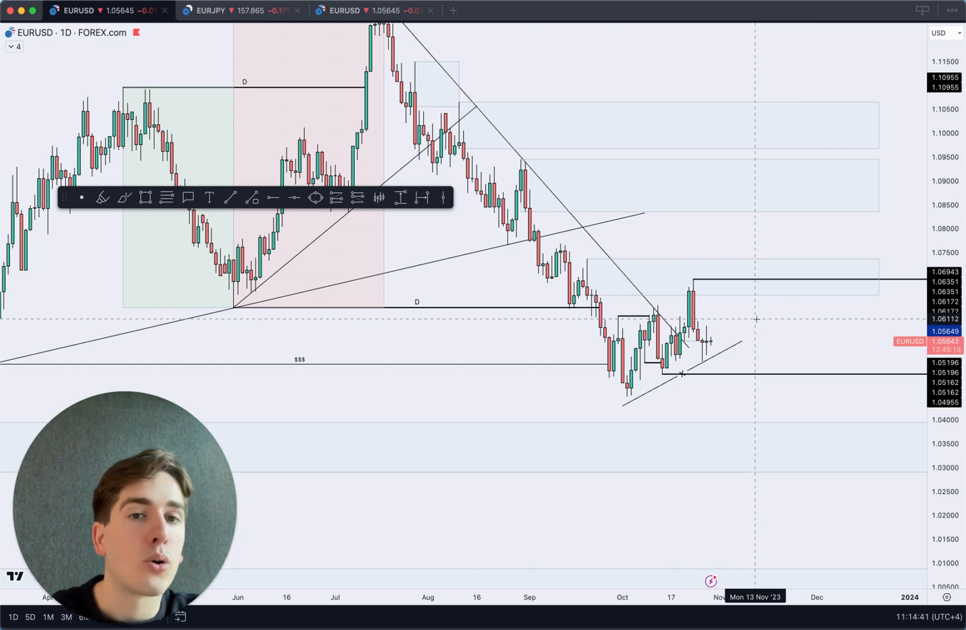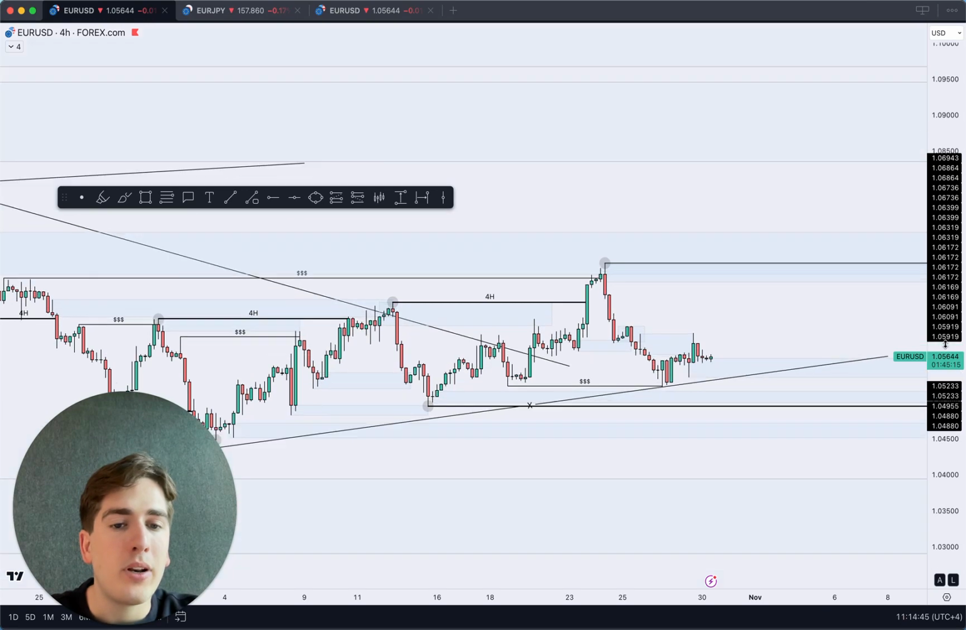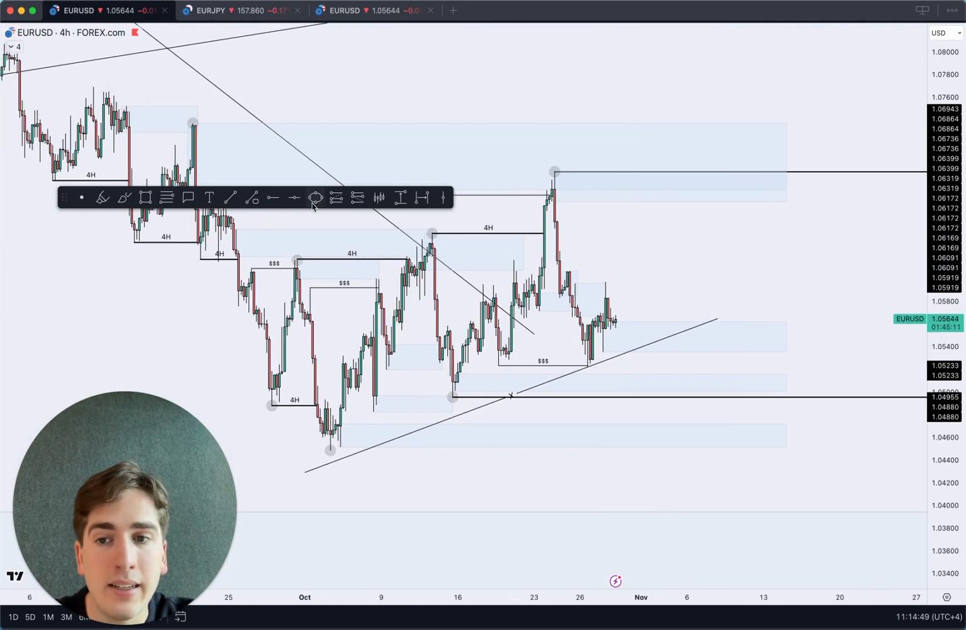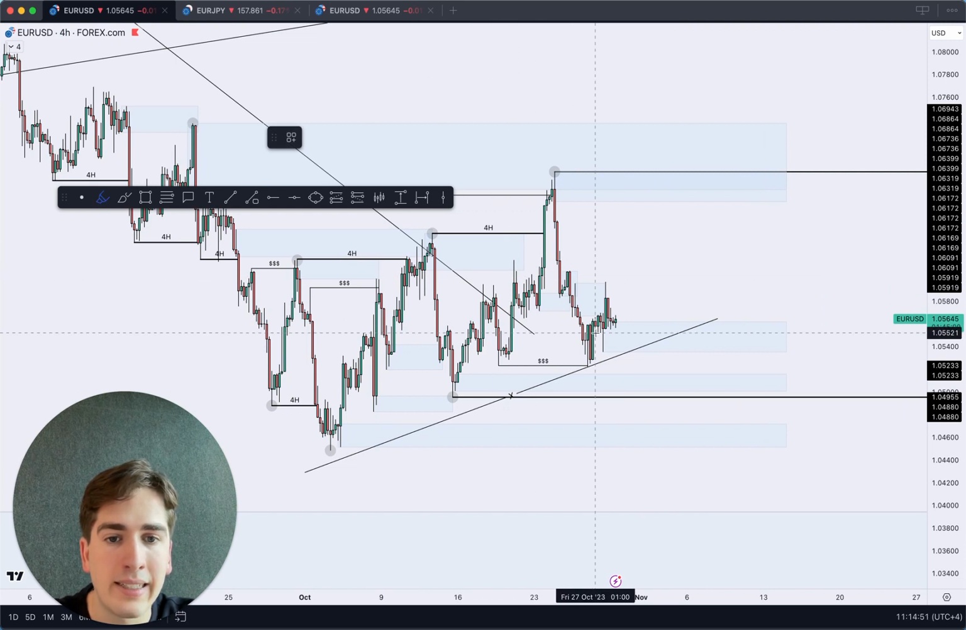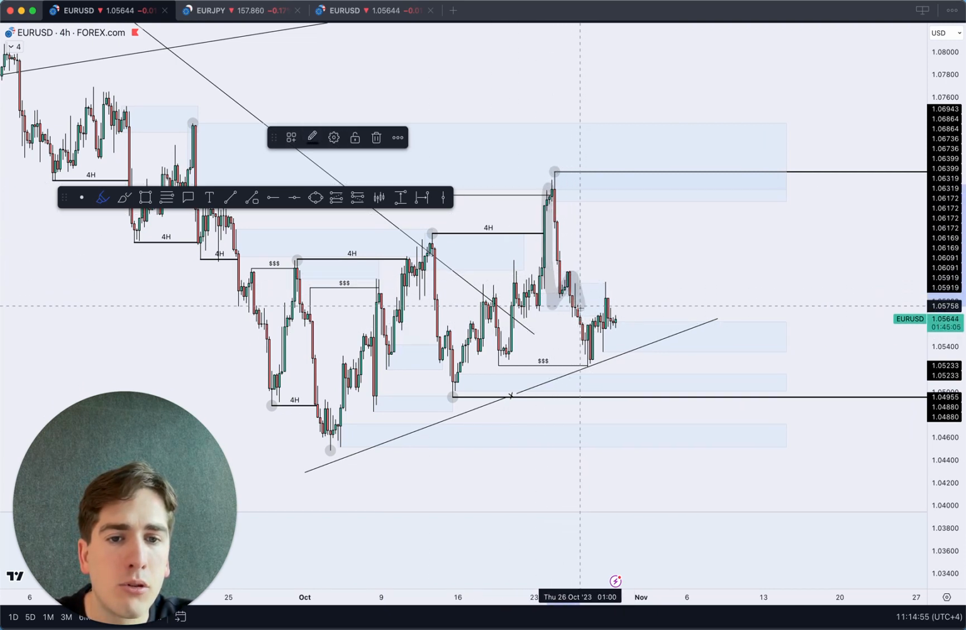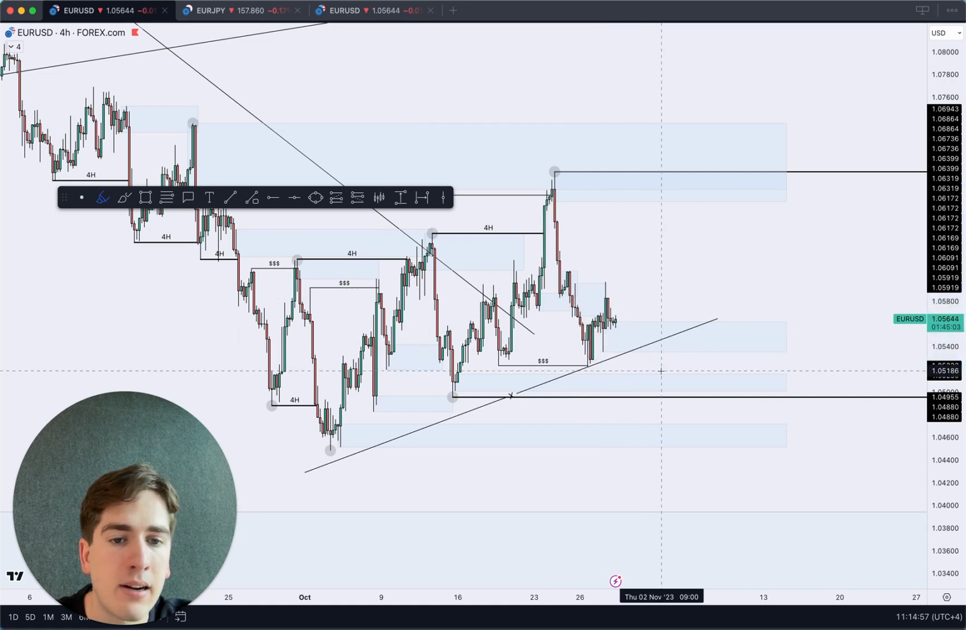Let's just look at the lower time frame picture and see what that tells us. So when we look at the 4 hour time frame, the 4 hour swing structure is still bullish. However, the overall internal structure on Euro Dollar is bearish. Overall, we can see where we got that push down, pullback, push down, pullback, and now potentially a new push